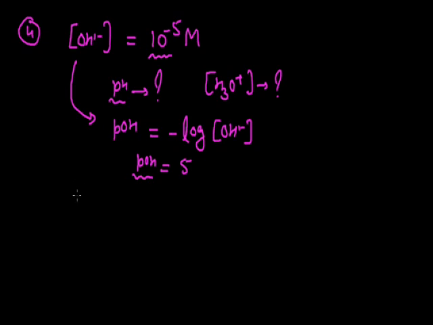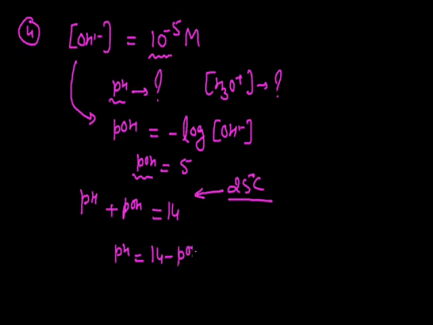So by using the simple conceptual rule that for any aqueous solution, the addition of the value of pH and the value of pOH has a constant value, and the value is 14. This relation works only at a specific temperature, 25 degree centigrade, and at 25 degree centigrade you can use it for the calculation of pH. So if the pOH is 5, then we can calculate the pH: pH will be 14 minus pOH. The value is 14 minus 5, and this solution has the pH 9.